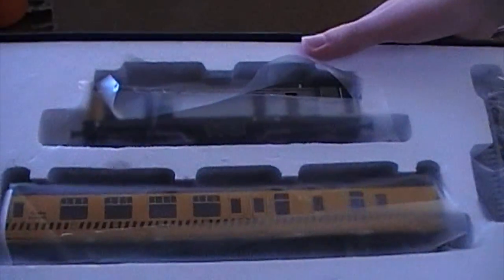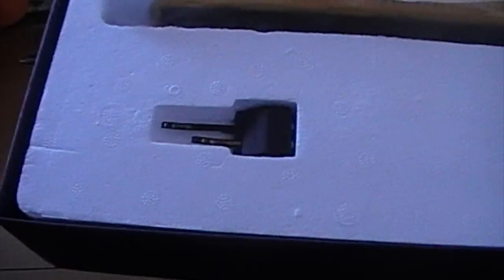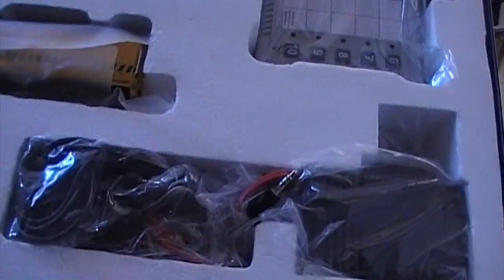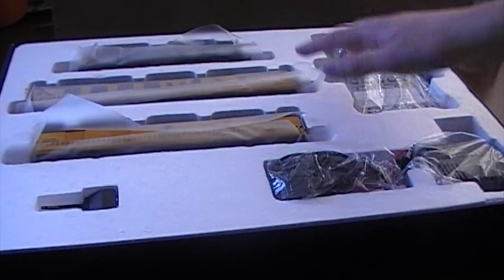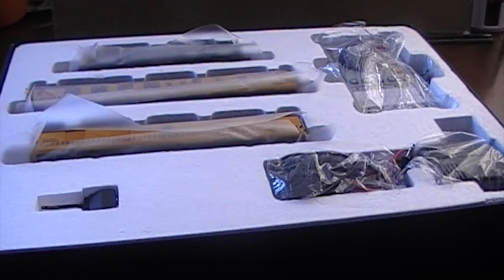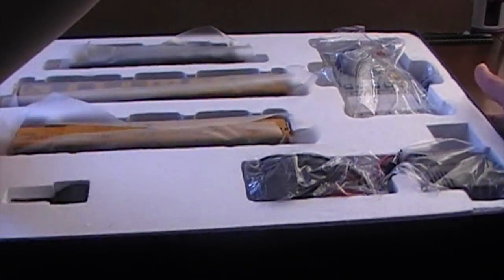Here we go. So we've got the Class 20 up here. There's the two coaches I was talking about. We have the power connector and the controller. Now the track is underneath this lot, so we're going to open it up and take a look at each part individually. So I shall move this to the side,